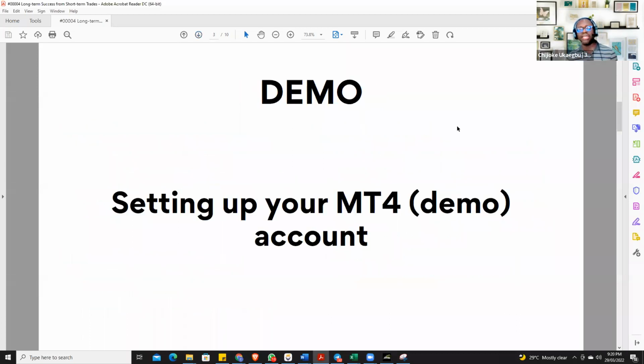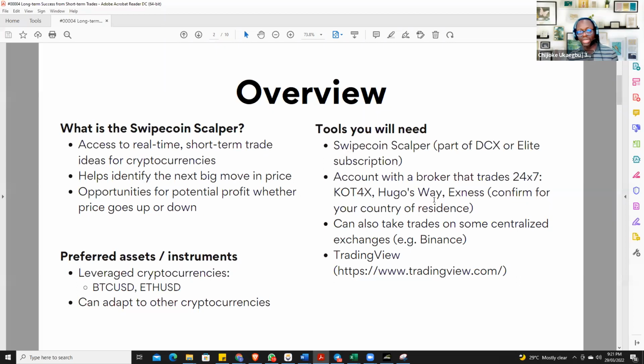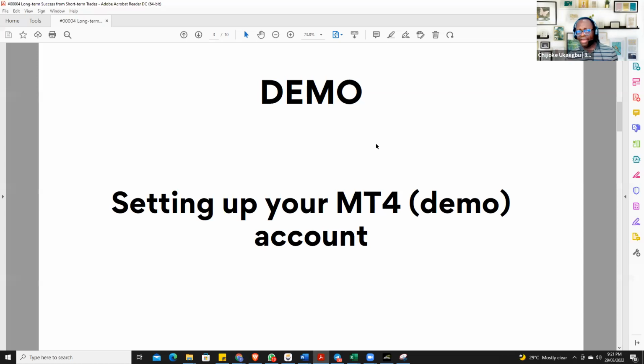Right, now let's get right into it. This is where the hands-on part of this conversation begins. So you need a demo account, a MetaTrader 4 demo account from one of these brokers in order to proceed to the next step. Now, I already have this set up. I will give you some instructions for setting this up that you can go ahead and do now. But first of all, let me just test. If you already have a MetaTrader 4 demo account set up,